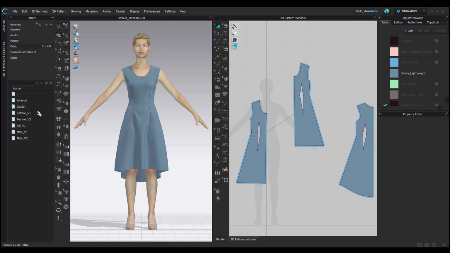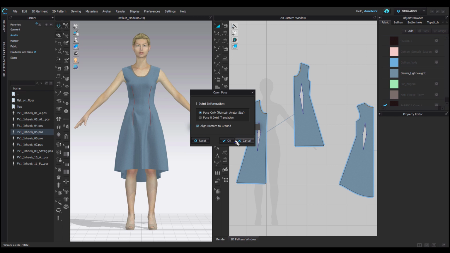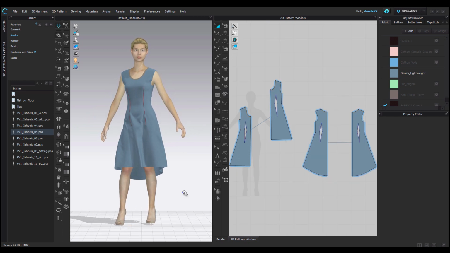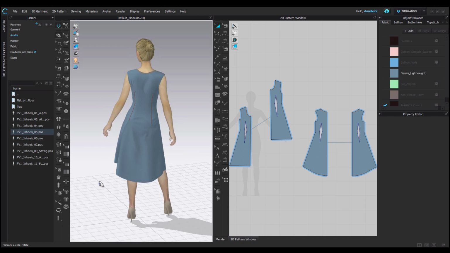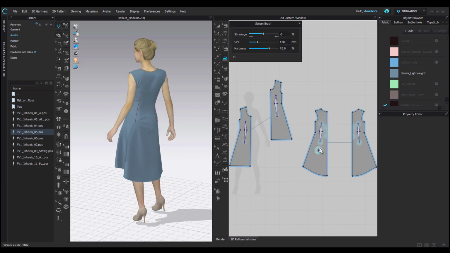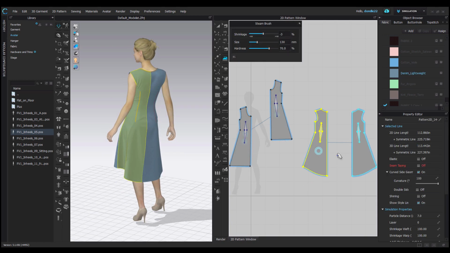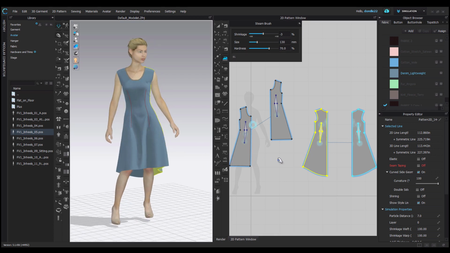I use it for darts because it makes the darts look a little bit flatter and prettier, and then we can go into a nice little pose. And the reason I'm doing this pose is so that you can see the pose how it is in GPU simulation. It takes a little less time to simulate the garment, but now all of the steaming that I did in the previous pose comes out. So now I've got to remove the steam and then steam it in a way that I like in this pose.